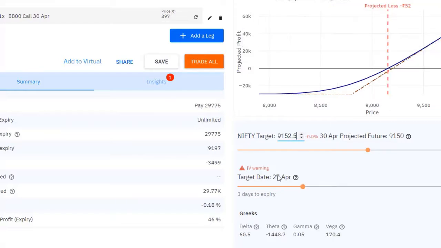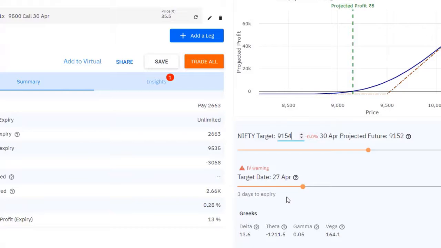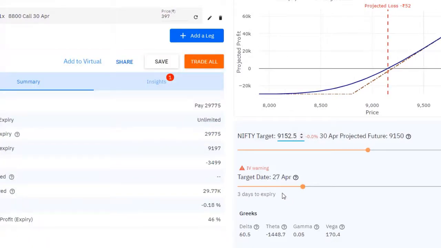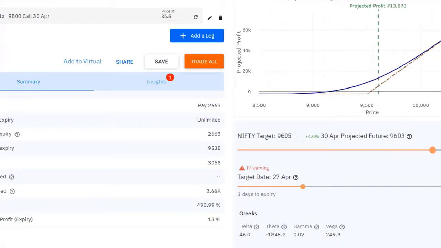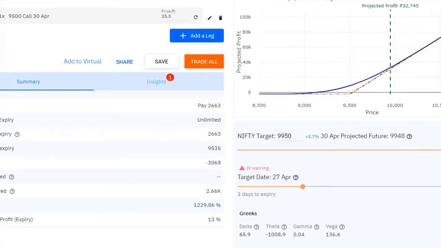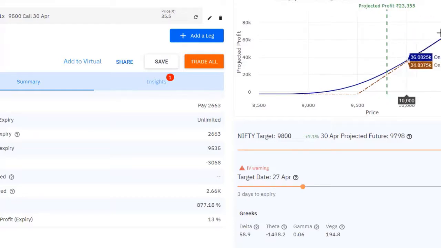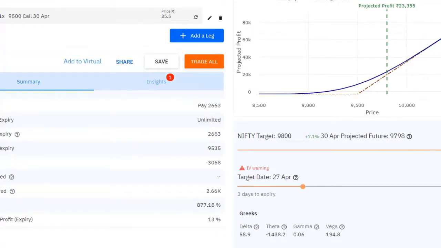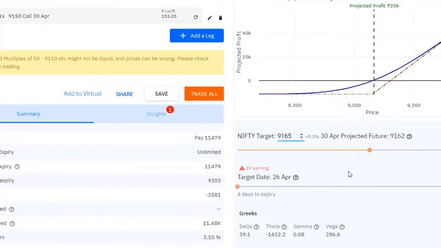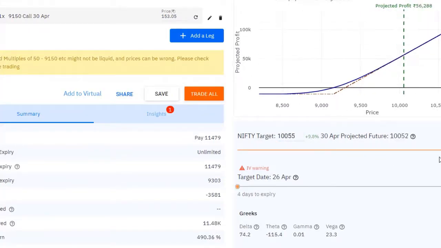And one last point about delta is when an option becomes more and more in the money, as you can see, delta is increasing. So a very in the money option is almost like a future. This is half a future. This is a very small part of a future. But as this goes up, you can see that delta is increasing. And when it becomes very much in the money, it is almost like a future, which is also intuitive given that this graph resembles that of a future's straight line graph. You can see the future straight line graph here. And by the time this graph reaches here, it's almost acting like a straight line graph. Or in this one, see, this is almost a futures graph.